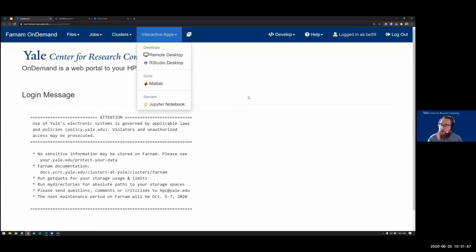Patrick asked what kernels are provided with Jupyter. So the way that we encourage folks to run Jupyter is with Conda environments. So any kernel that is easily installable with a Conda environment is really straightforward. And we've gotten people set up with other ones. But the standard Bash, R, and Python are pretty straightforward to run with Jupyter. And if we have time at the end, I can demo that a little bit as well.